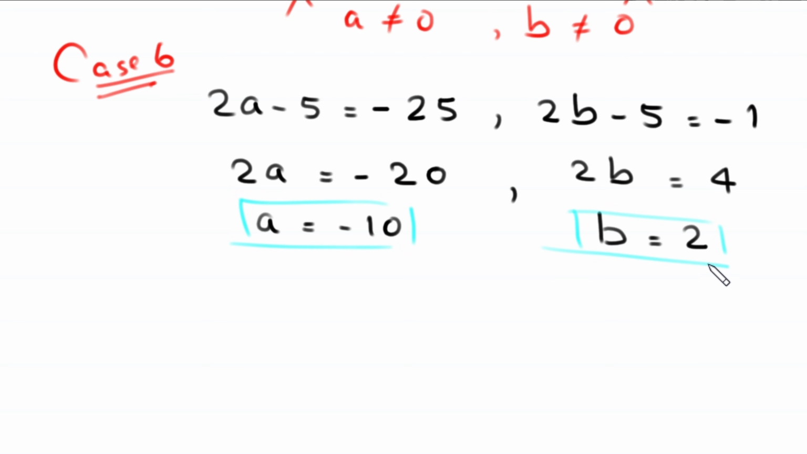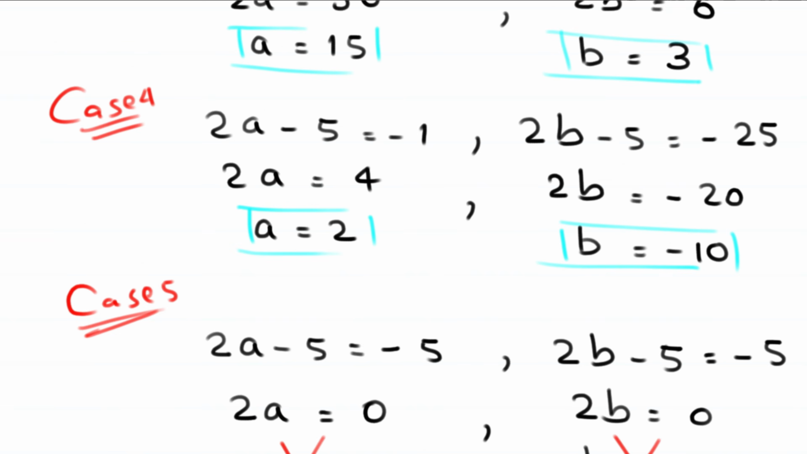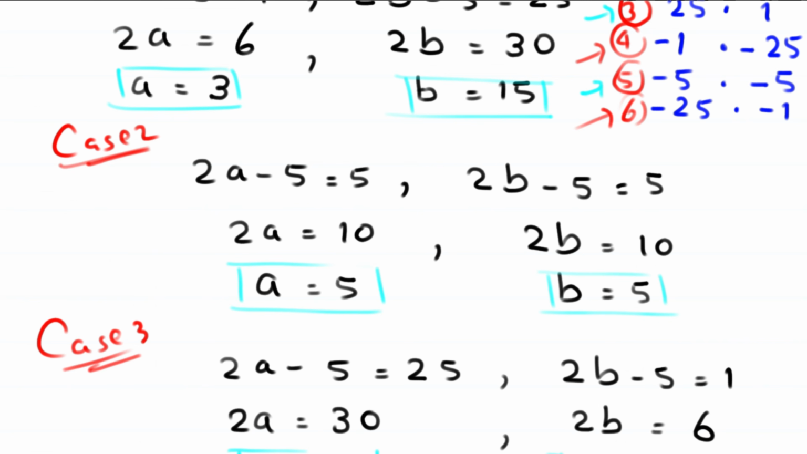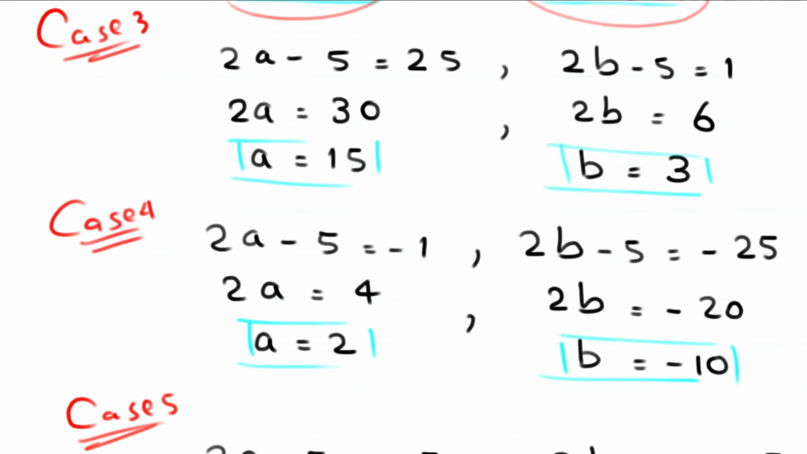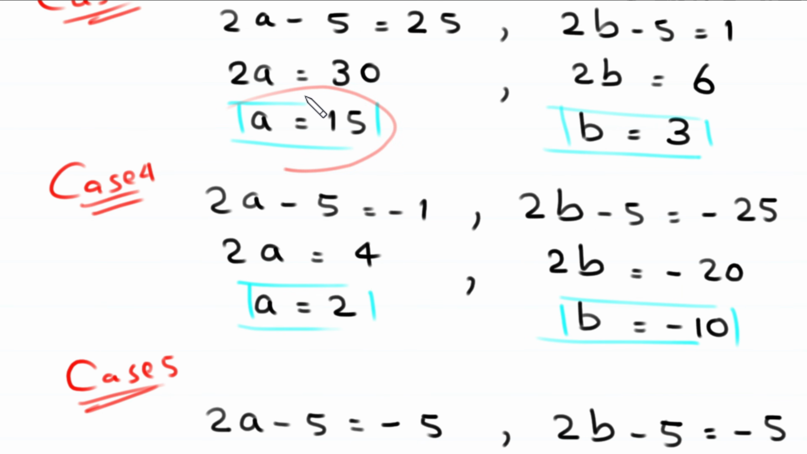So the final set of solutions of a comma b equal to: the first pair is 3 comma 15, second is 5 comma 5, and the third is 15 comma 3, fourth is 2 comma negative 10,